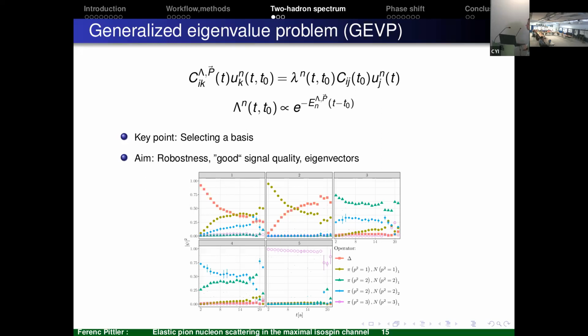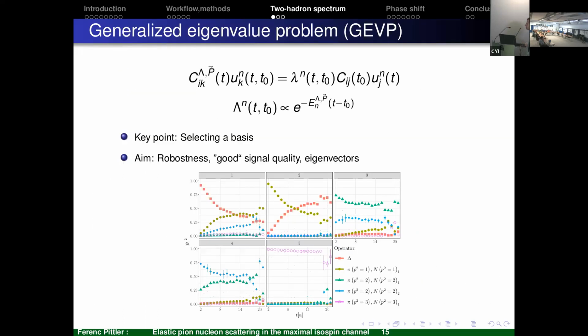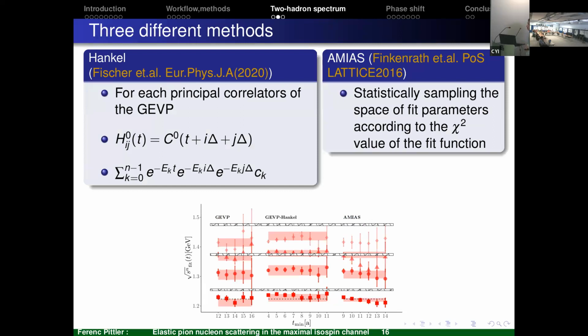And if I change these operators a bit, it's also robust. So these are the good features I have for this GEVP listed here. But in order to estimate the uncertainties correctly, because this is the part that is really interesting to us, to calculate the two-hadron spectrum, because that's what we use in the Luescher analysis basically as a black box,